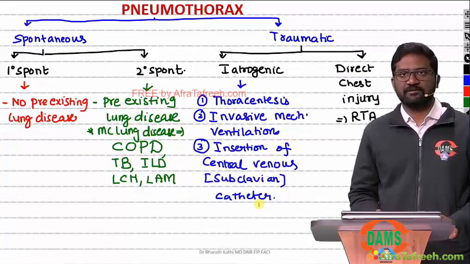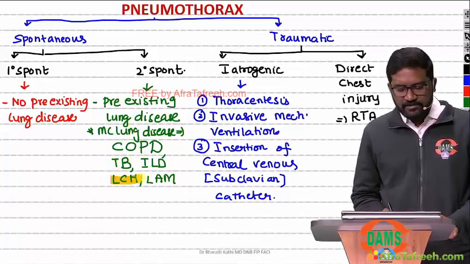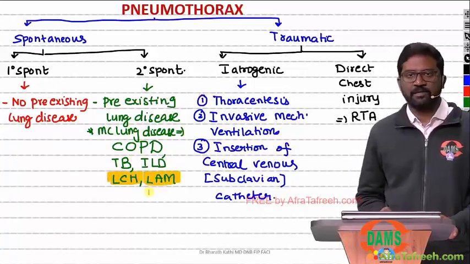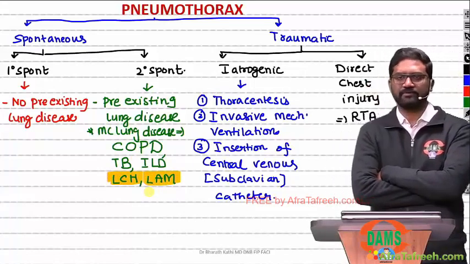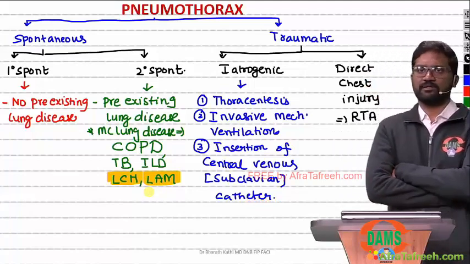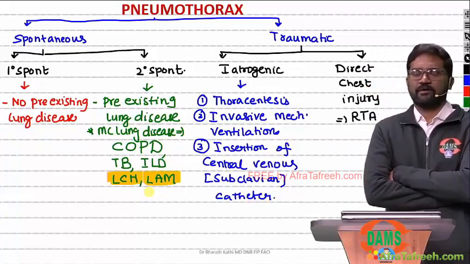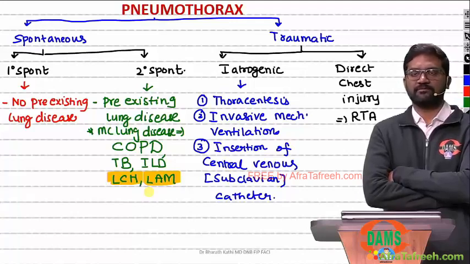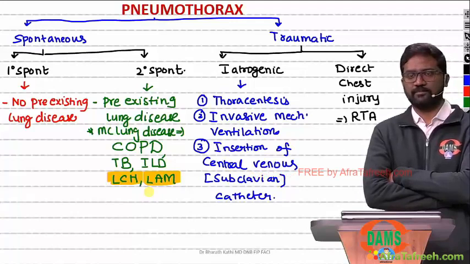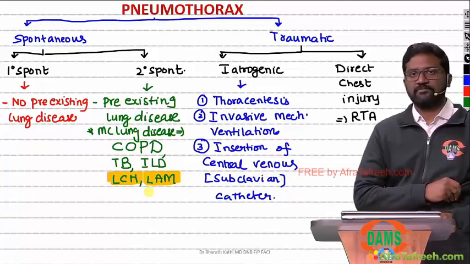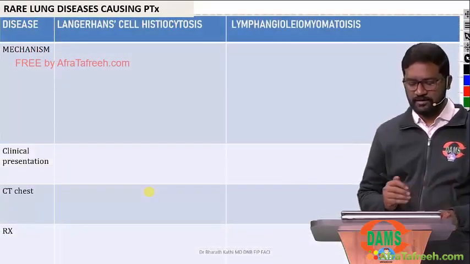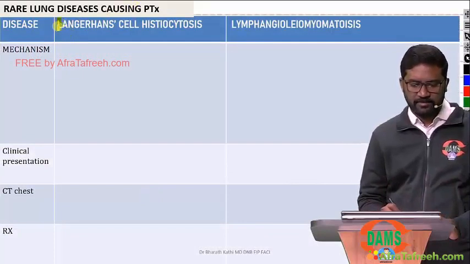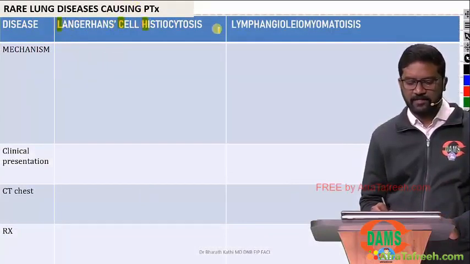various classifications of pneumothorax. Now these two diseases, LCH and LAM, Langerhans cell histiocytosis and lymphangioleiomyomatosis, even though they are very rare in clinical practice, both of them have a special clinical presentation which will attract the examiner to frame multiple questions. With the help of a table, let us see the differences. Rare diseases causing pneumothorax. On one side I am going to discuss LCH, on the other side we will discuss LAM,